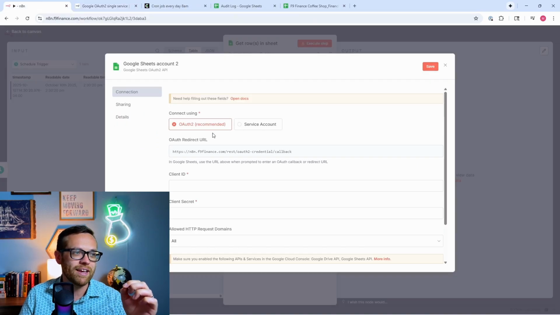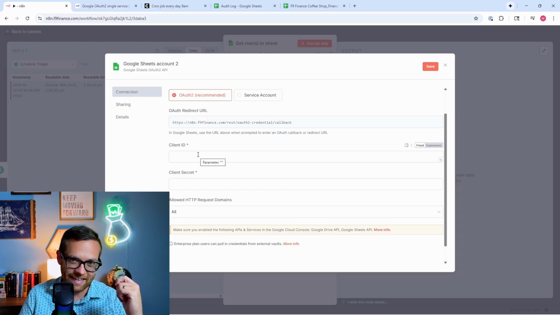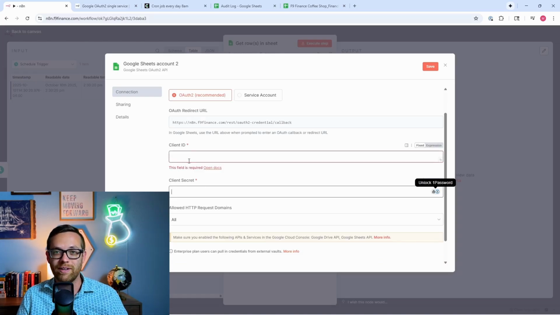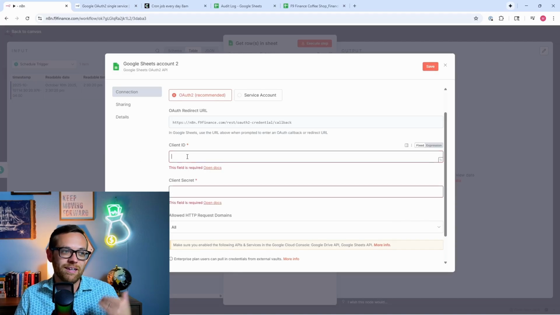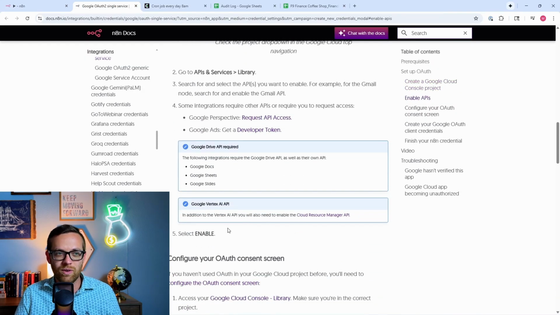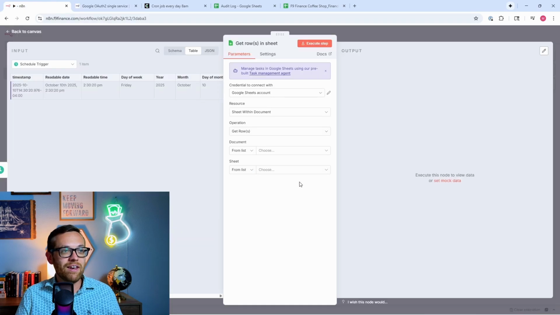You're going to come back here, you're going to copy and paste in the client ID and the client secret. In this case, that's what Google will give you if you're following this. It'll keep saying, if you haven't filled this in, please go open the docs. We'll tell you exactly how to do it. So you go over for whatever you're adding, just follow these step-by-step instructions. They're really easy to use with screenshots. It's really well done. Come back over here, paste it in, and then you're going to have something that looks